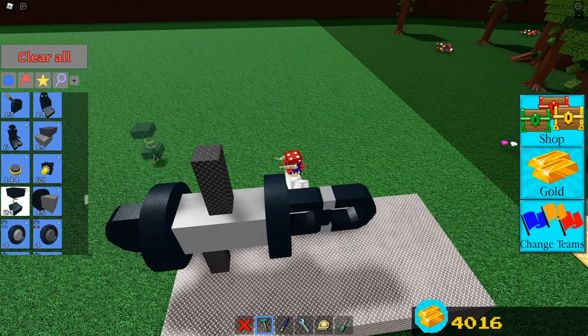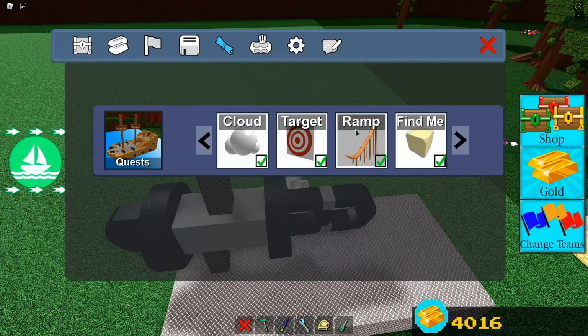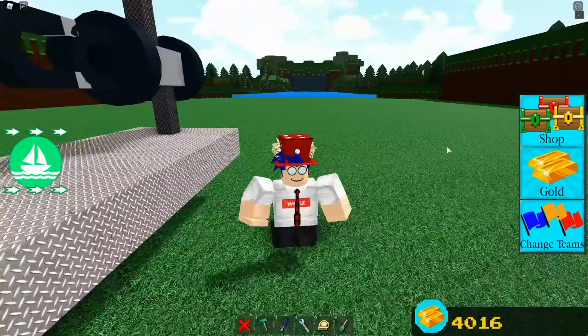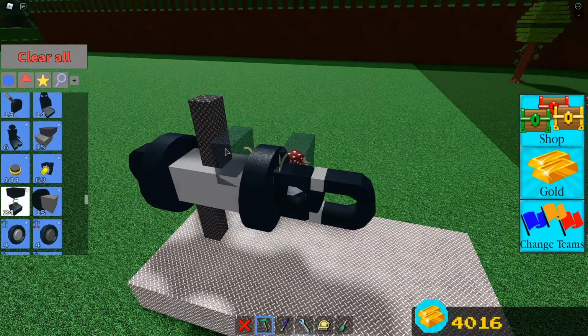Now we're gonna get out our springs. If you don't know how to get them, I think the best way is to do this ramp quest. If you don't know how to do this, I did make a video on that. It's actually a pretty old video, so I might sound a bit different in that video, but anyways, we're just gonna place our spring just like this,